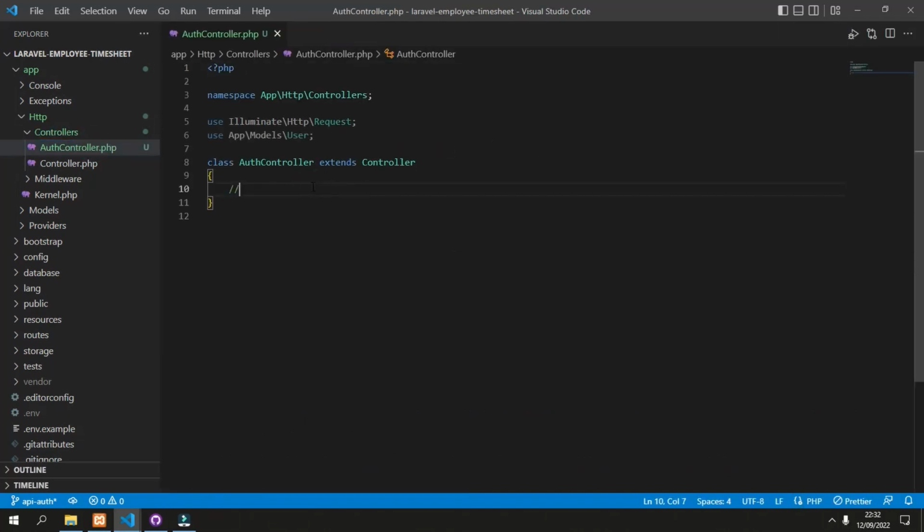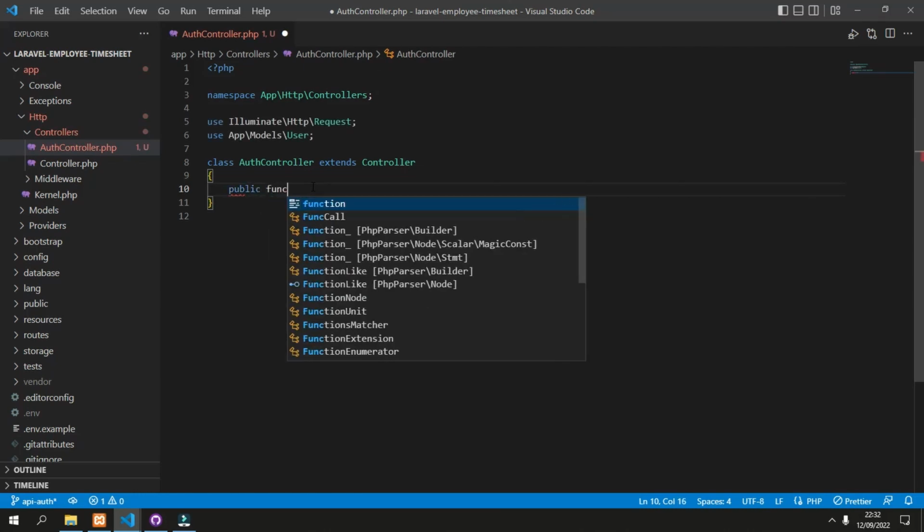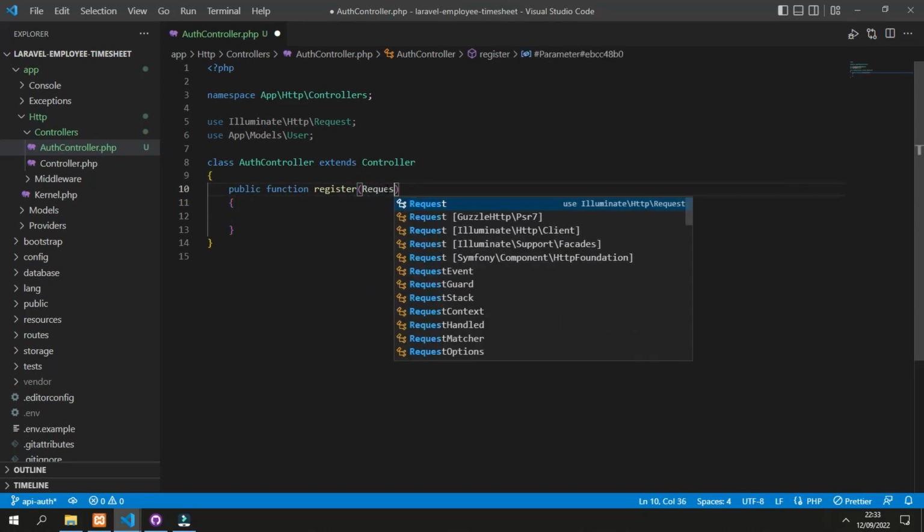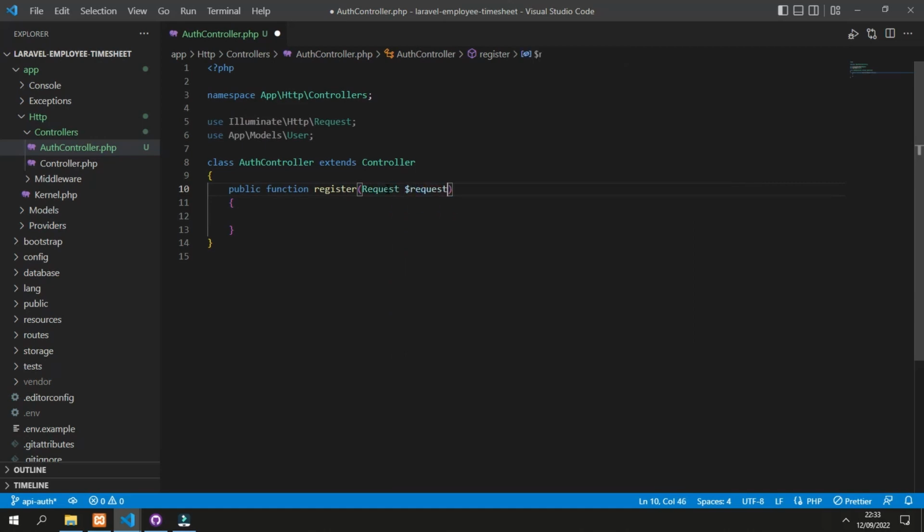The first function would be the register, so let's create the function register. For the parameter, we expect a request object. In here, at first we will do the input validation.